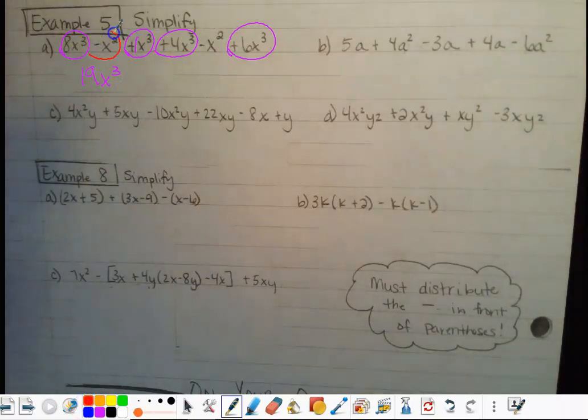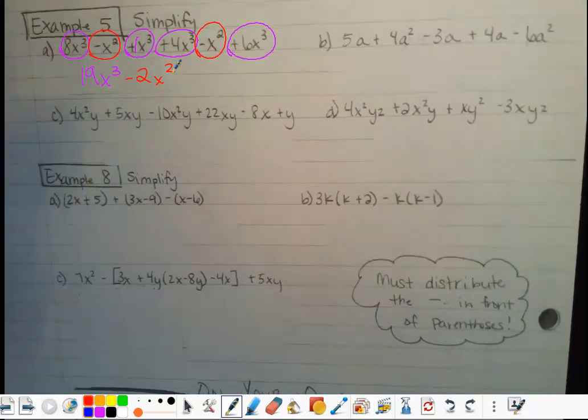And then we have a negative x squared and a negative x squared. So it's a -1 and a -1, good, it's -2. So minus 2x squared. That is as simple as it gets. We can't combine x cubed and x squared together. So fantastic. Okay, so let's look at B. We have -5